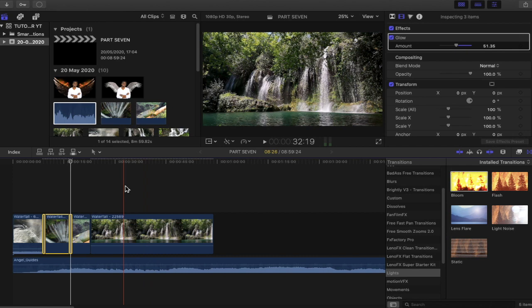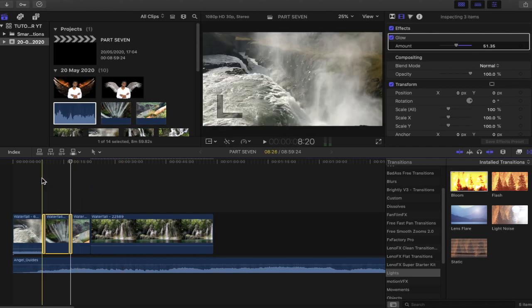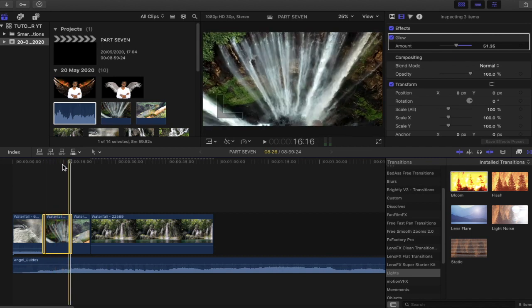And render selection. Notice how I've begun to render certain things within the timeline, so you can begin to see how to render things manually. This is purposely done throughout each lesson as we progress, so that you can get used to what rendering is like manually within Final Cut Pro 10. As I do advise that setting this to a manual render, as it does help for the workflow of your project rather than getting backed up with your CPU because you're having to work on every single change, also bloating your project. Now that rendering has been done and you can see that there's no dotted line above the media,